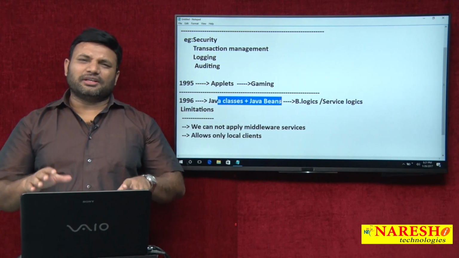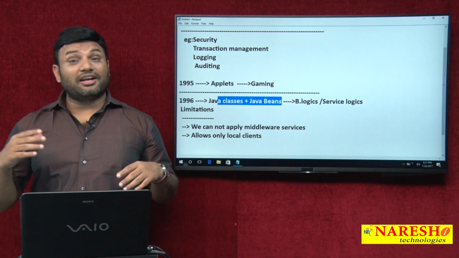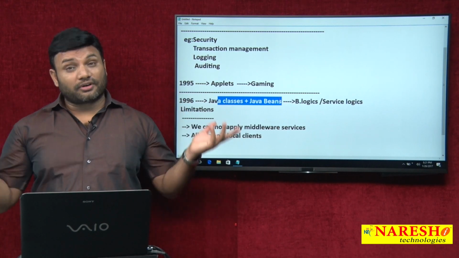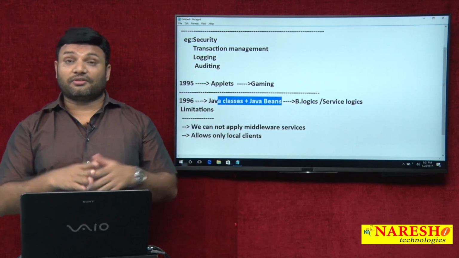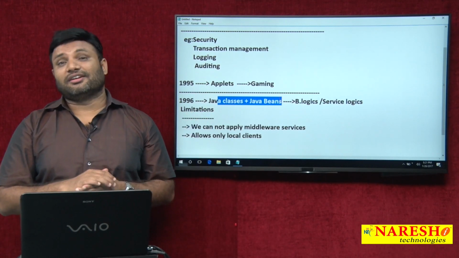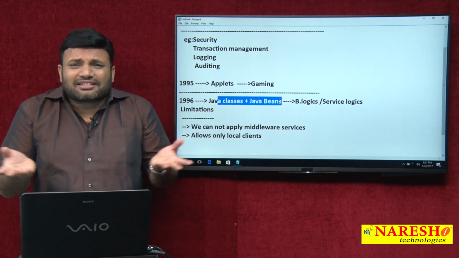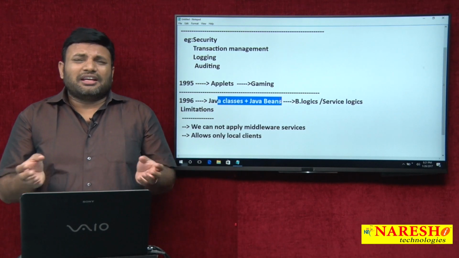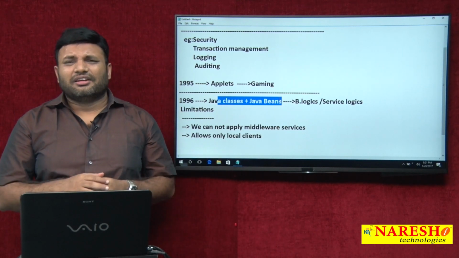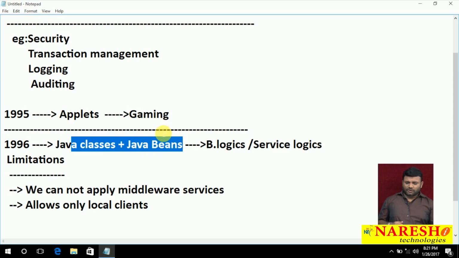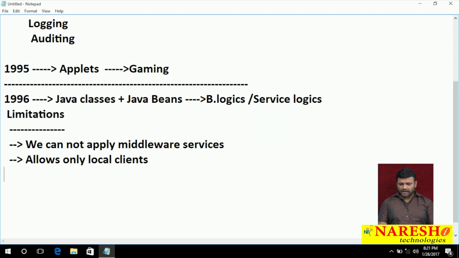A local client and its application reside in the same JVM, but a remote client and application can be there in two different JVMs of the same computer, or two different computers of the same network or different networks. That's a beautiful thing when an application allows remote clients. But here the classes are developed as in a regular manner, as ordinary classes. That's why there is no provision of allowing remote clients. Fine. So that's why, keeping these problems in mind, in the year 1998,